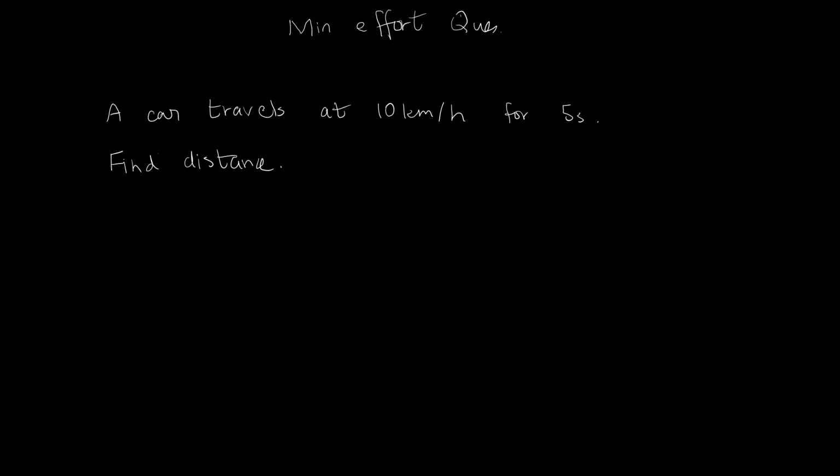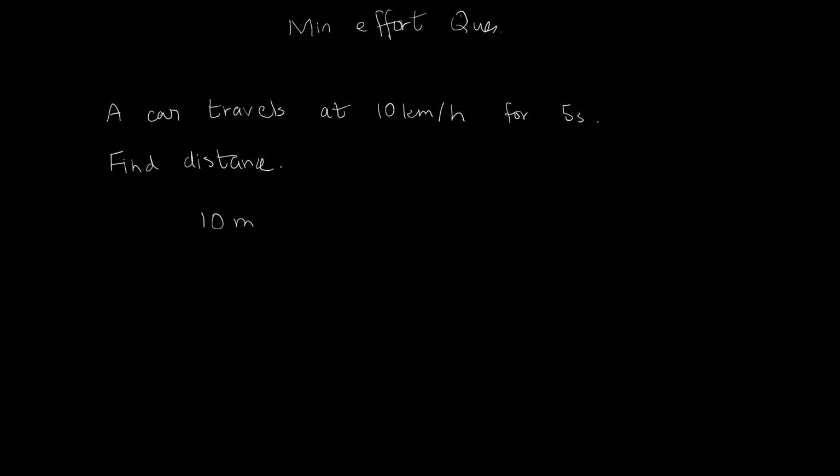In this question, you first have to notice that the time given is in seconds. It's 5 seconds, but for the speed, it says 10 kilometers per hour. So there's a major difference. That means you first have to convert speed into meters per second. And how can we do that? So just 10 kilometers,